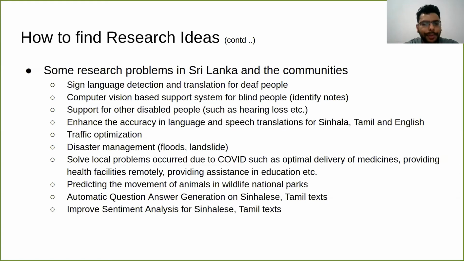One of the major challenges can be to find the data set, especially if we are trying to build AI machine learning solutions. I'm not exactly sure if there is any kind of sign language data set in the Sri Lankan context. But if you are interested in this kind of idea, we'll have to connect with government authorities and check with them, or if they are interested, you can collaborate with them, and if they can provide the data set, then you can work upon that. So that will be an interesting idea to work on.